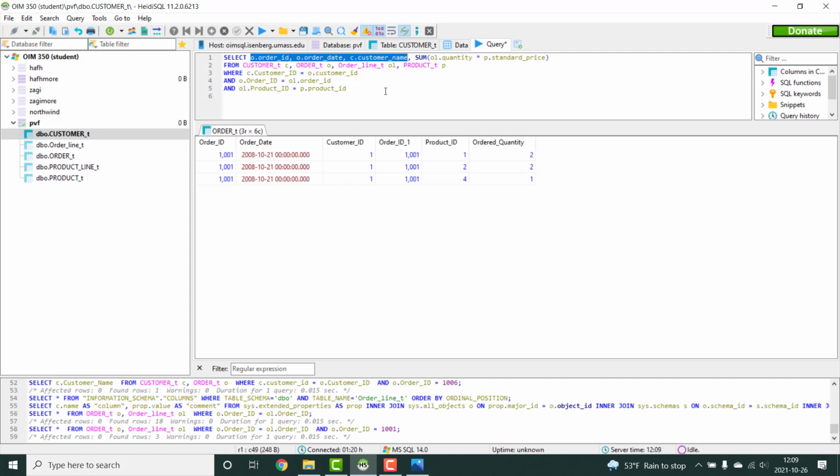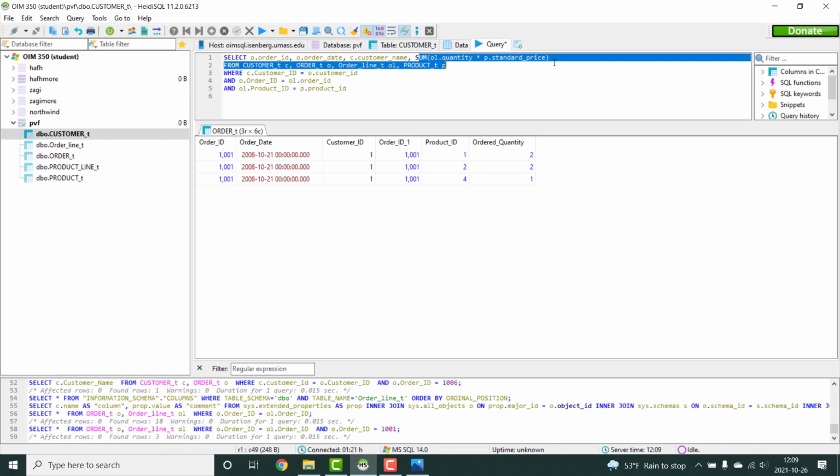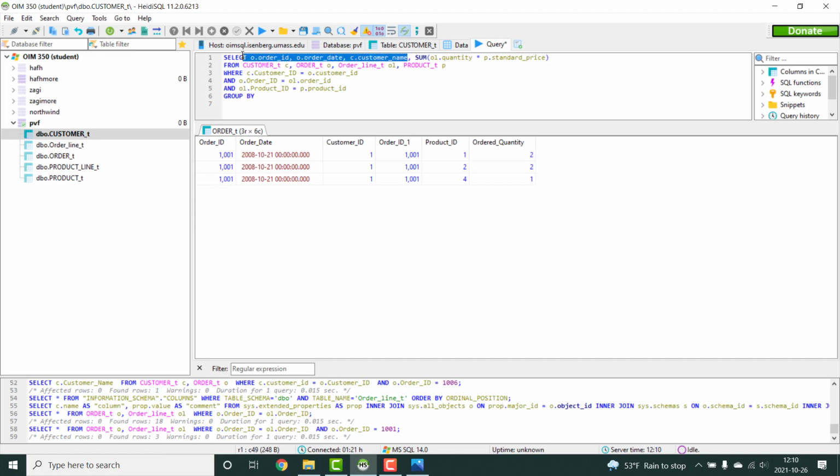So because everything that is not an aggregating function must be in the group by line, we're going to need order ID, order date, and customer name to be in the group by. This order line quantity times standard price is an aggregating function. So I'm going to do group by, and I'm going to copy this, just to make it easier for myself, and paste it. And I'm going to run that,